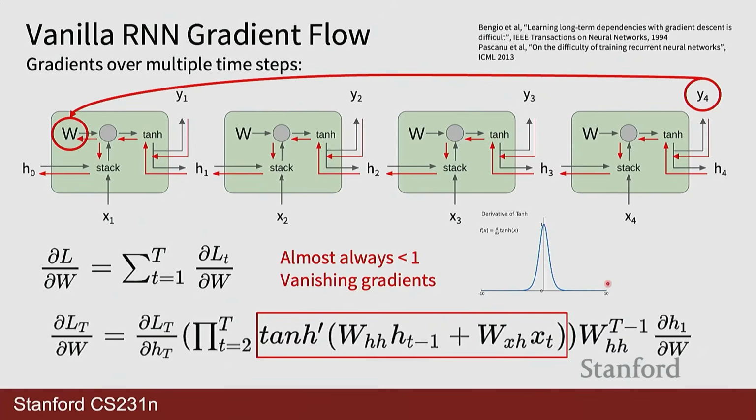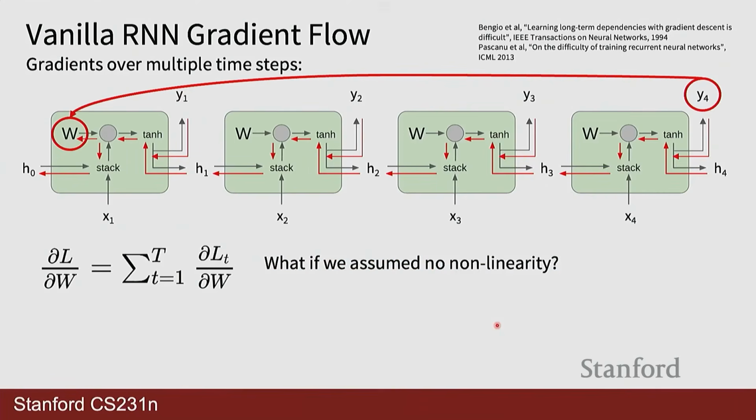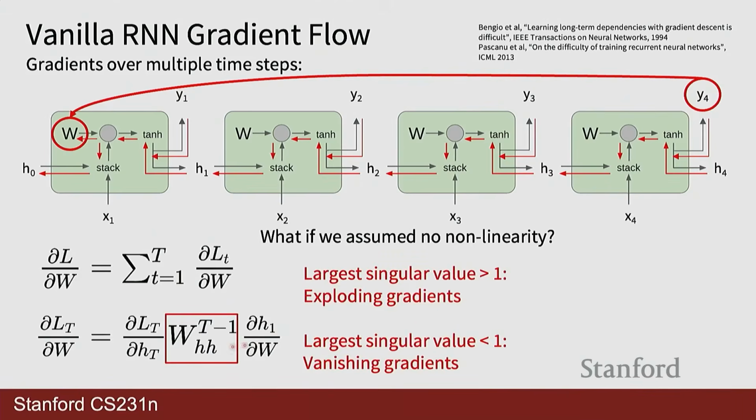The maximum value is 1. And so almost always you're getting less than 1. So you can have vanishing gradients from this term here. But even if we assume there's no nonlinearity, or we pick some activation function that doesn't have this issue, if we look at this weight matrix here